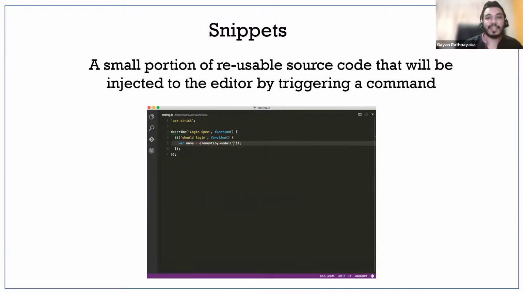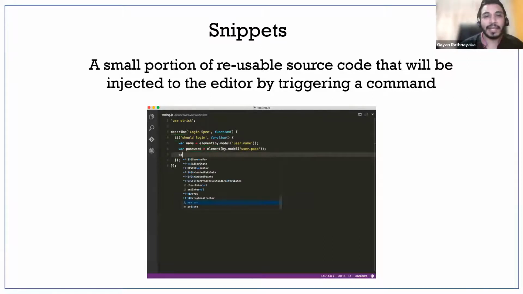And if you type CTOR and hit tab, you get the constructor defined. You have built-in snippets in all IDEs, and for VS Code you can also get some snippets from the npm package manager, and you can write your own custom snippets.